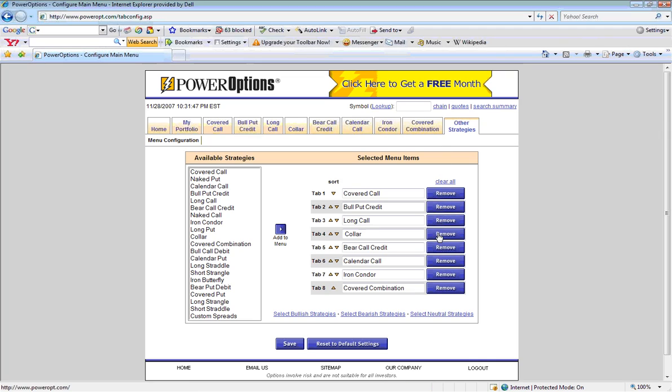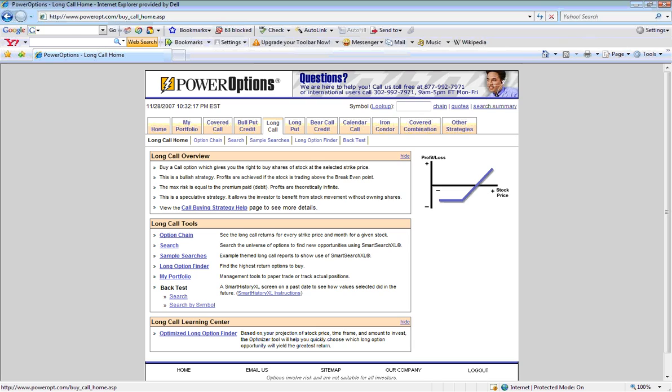remove a strategy that you are not interested in researching at this time, select the strategy that you are interested in researching from the available strategies on the left-hand side, and then click the Add to Menu button. Once our strategy appears, we'll click the Save button, and our strategy will appear with the other strategies in the main tab menu. To begin, let's click on the Long Call tab so we can access the available tools for